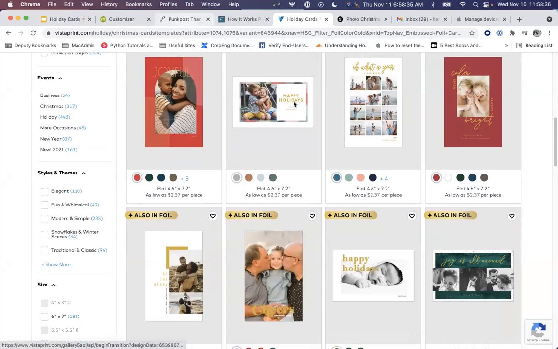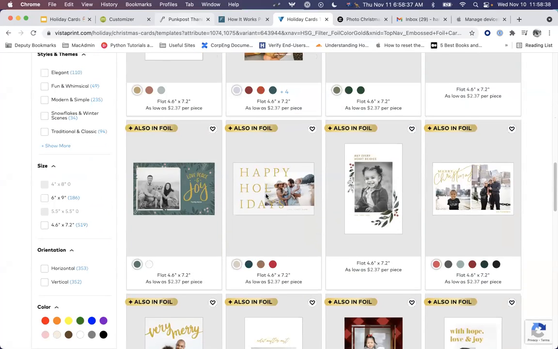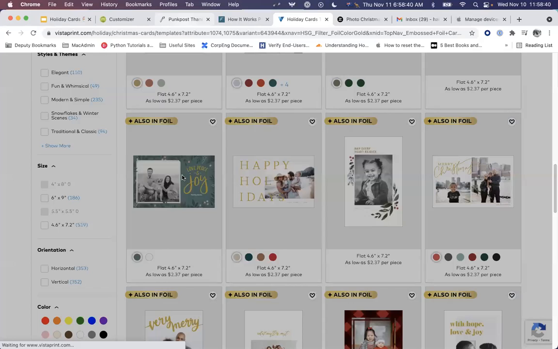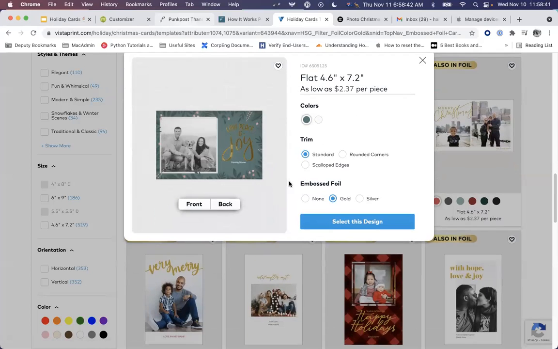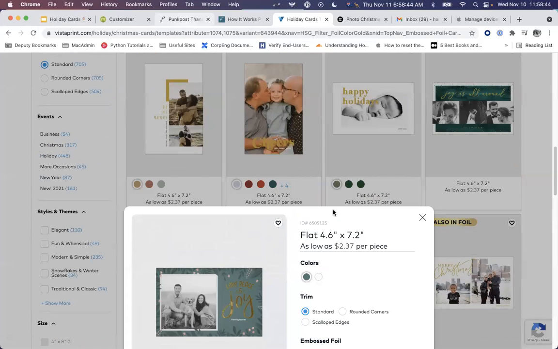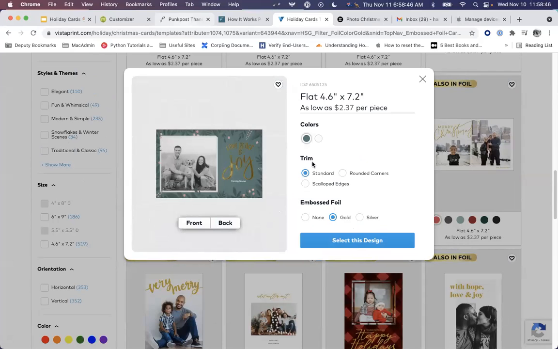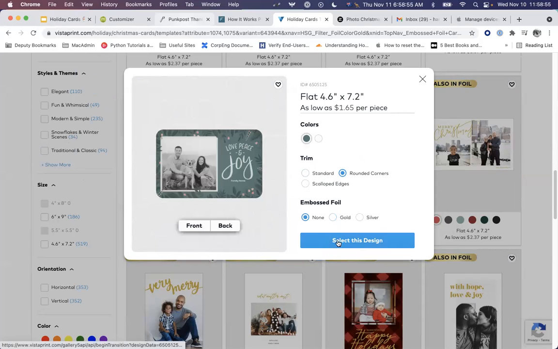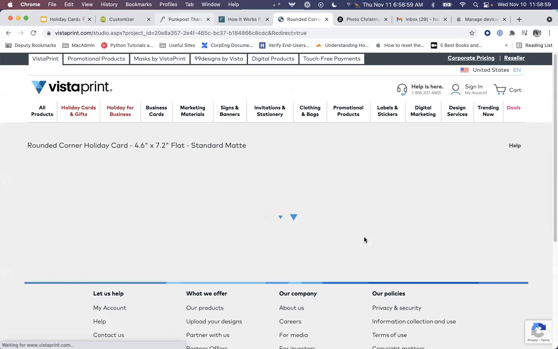Something like this. Oh, these are foil cards. That's why. Find the design that you like. It will give you a rough overview. You can say, I like rounded corners, and I like the foil. And we'll select this design,